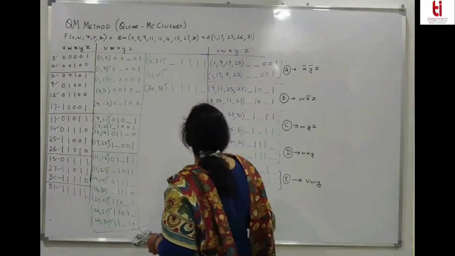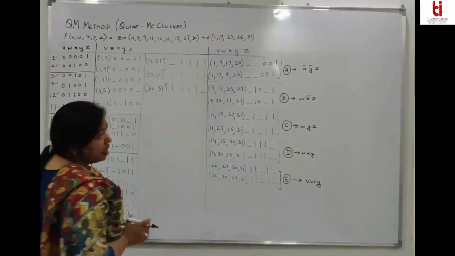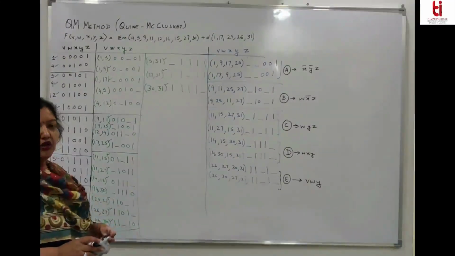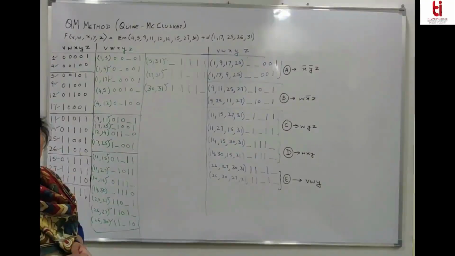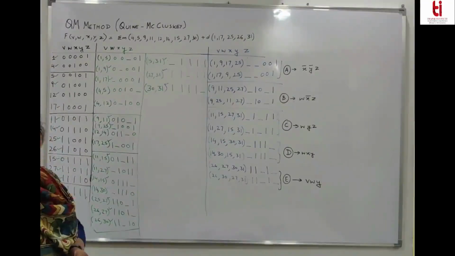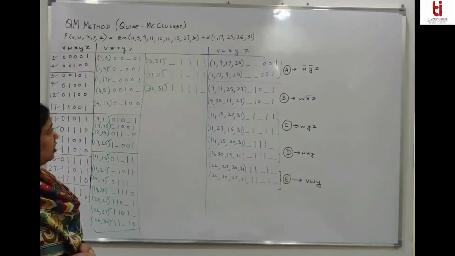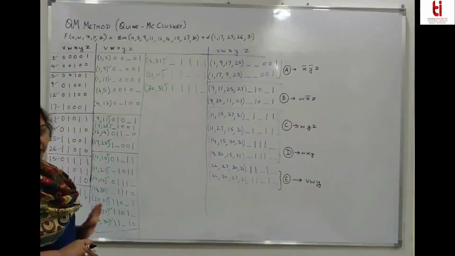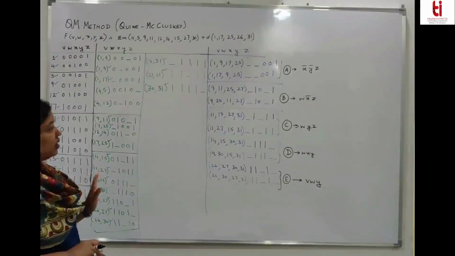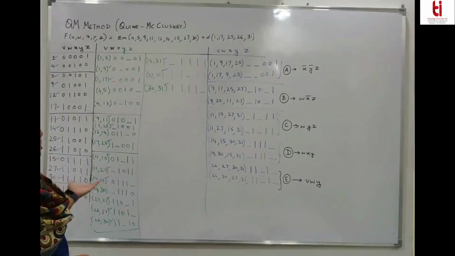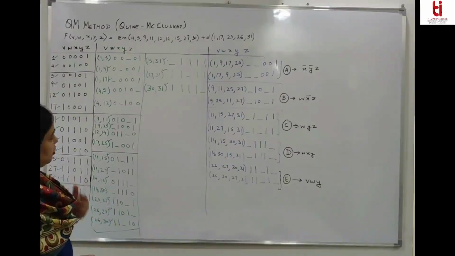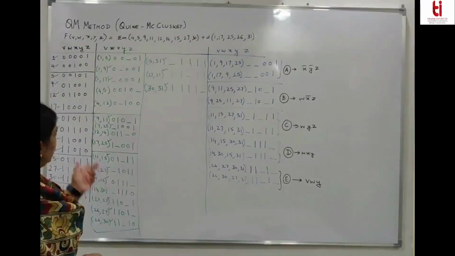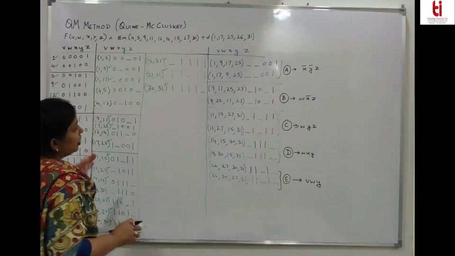ये हो गया. अब इसको रिड्यूस कैसे किया जाए? हमें क्या पता हमारा एक्सप्रेशन में क्या आना चाहिए, क्या नहीं आना चाहिए. Now we have to make a prime implicant table. We can have an expression without don't care terms. I just took one. We can have an expression with don't care terms. So if you have expression with don't care terms, include all those don't care terms here. Fine? Along with min terms. Then आप कहोगे मैम क्या रिडक्शन हुआ, क्या आना चाहिए रिडक्शन होके, पता तो लग नहीं रहा. So when you do this, you have to make one prime implicant table with this. And in the prime implicant table, you will have all the terms.